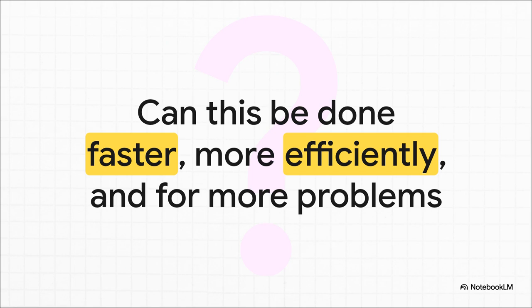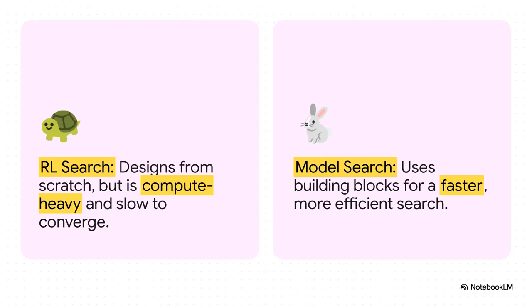Really, it all boiled down to this. Can we do this faster? Can we do it more efficiently? Can we make this amazing technology something that more people can actually use? And the answer was yes, by changing the strategy. Instead of making the AI design everything from the ground up, the newer methods give it a set of really good predefined building blocks. Think of them like high-quality Lego pieces that you already know work well. So now the AI's job wasn't to invent the brick, but to figure out the best way to snap them together. That, plus some smarter search algorithms, made the whole thing way, way faster.